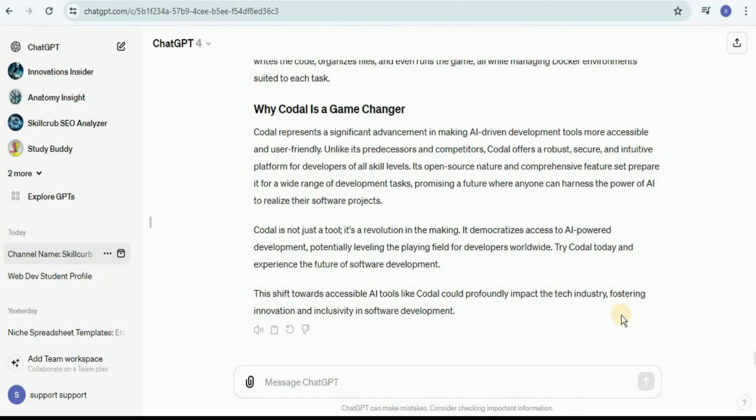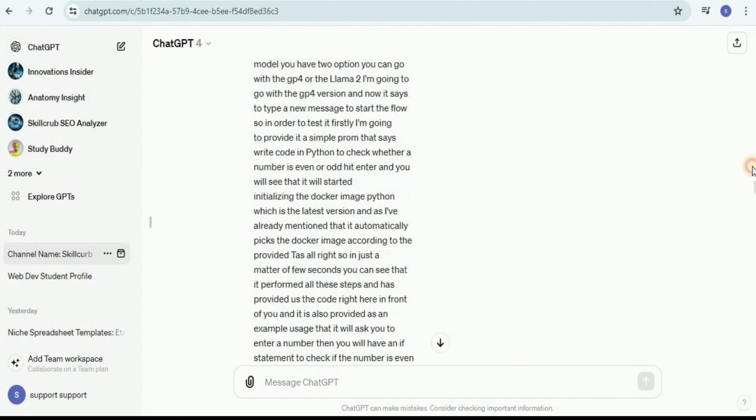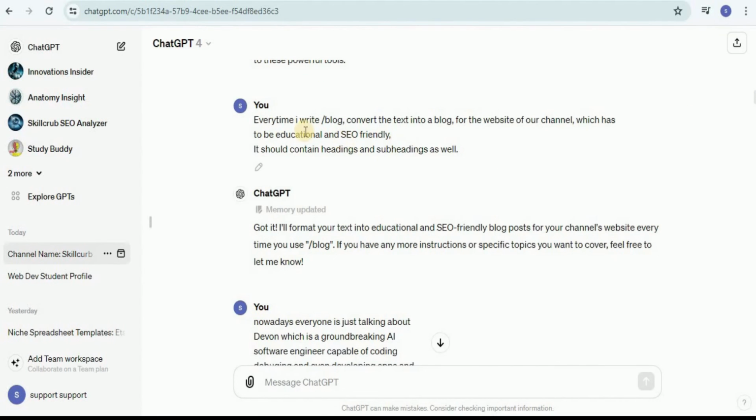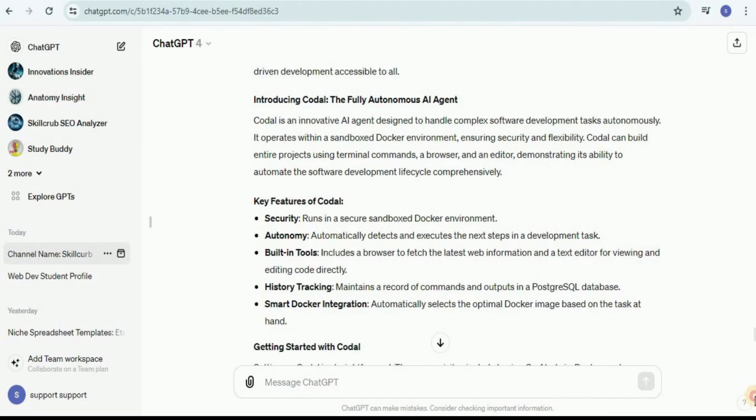So instead of providing it the script and then asking it to write a blog and convert it into a user-friendly and SEO-friendly blog containing the headings and subheadings every time, you can see that by using the ChatGPT memory, we once provided it the prompt to store inside the memory. Now, whenever any of the team members wants to convert their video into a blog, they simply have to use /blog along with the transcript or along with all the text which they want to convert into a blog.